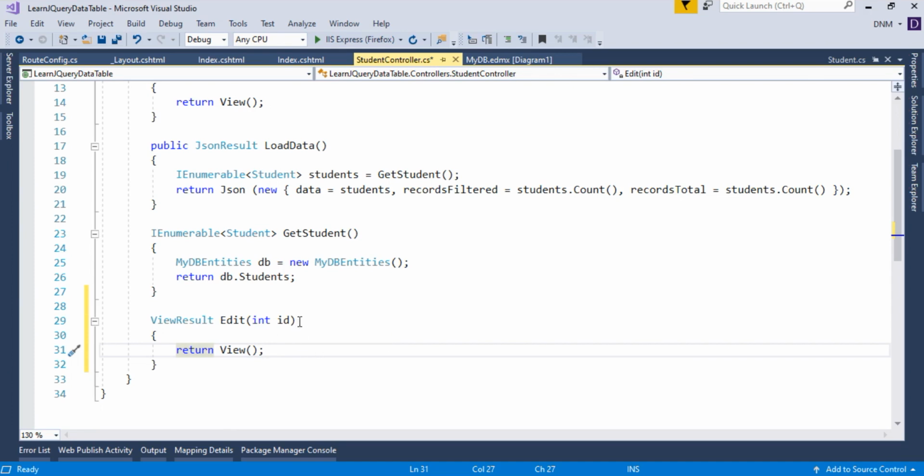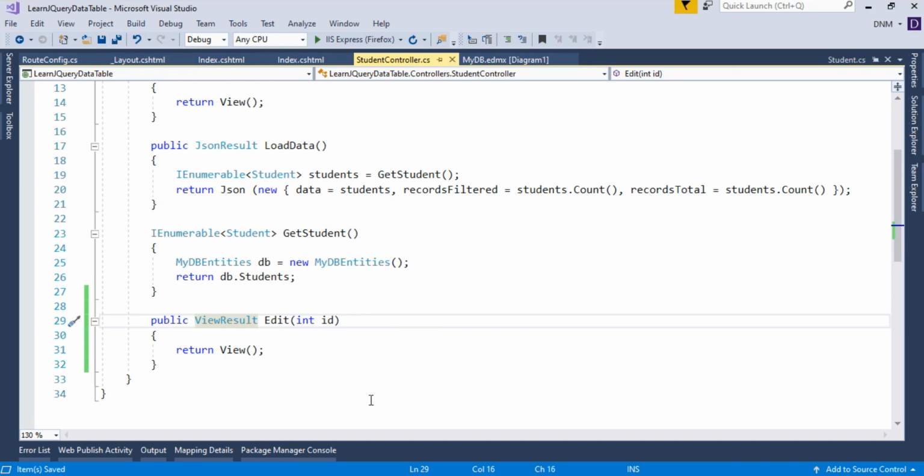Basically what we have to do is find this ID in a database, then collect that model, then pass this model to the view, and through a strongly typed model, render all the contents on the view. But again, we are not interested in that part. I have already explained these things in the MVC related tutorial. So that's it, we are done with this. Similarly, you can add code for it, and you can write a delete method also. Currently I'm not going to write a delete method.